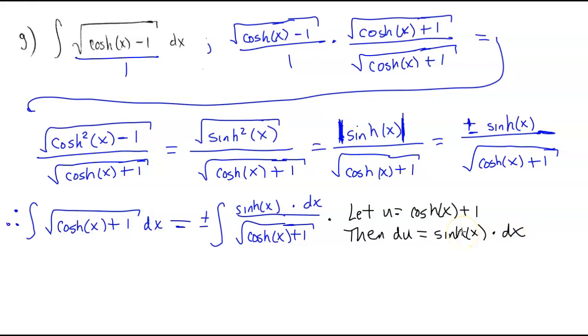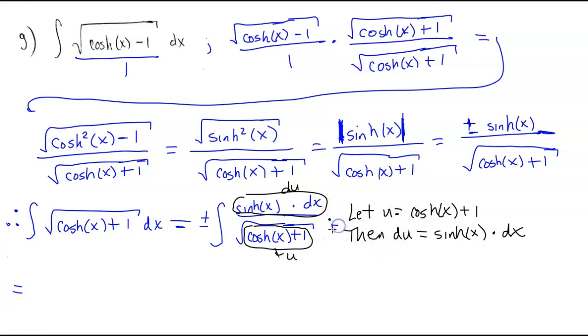Okay, so we have a way of replacing the numerator here. And so for our denominator, that's just going to be square root of u. So I'll go ahead and write this in now. So all of this will just be du, and what's under the radical here, get the 1 included there. All that is just going to be u. So because of that, what we're going to end up with here,